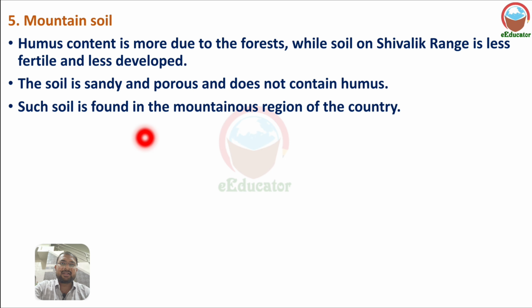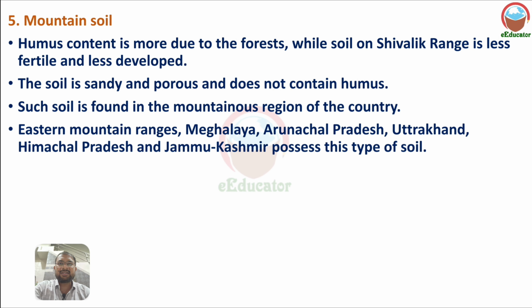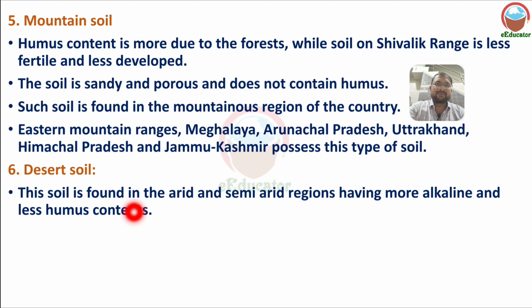Such soil is found in the mountainous region of the country. Most mountainous areas have this soil. So the eastern mountain range, Meghalaya, Arunachal Pradesh, Uttarakhand, Himachal Pradesh and Jammu and Kashmir possess this type of soil, mountain soil. Desert soil. This soil is found in the arid and semi-arid regions